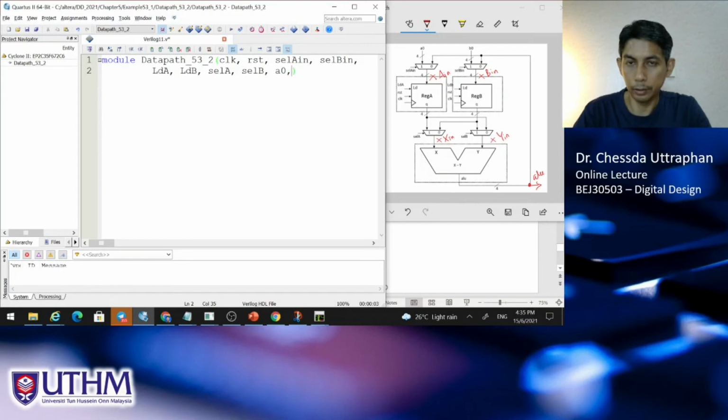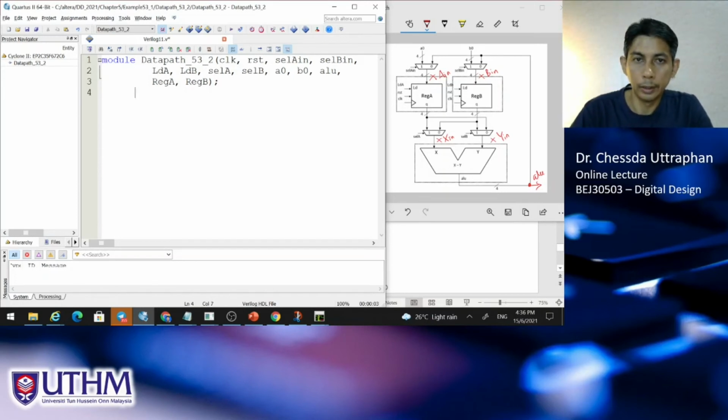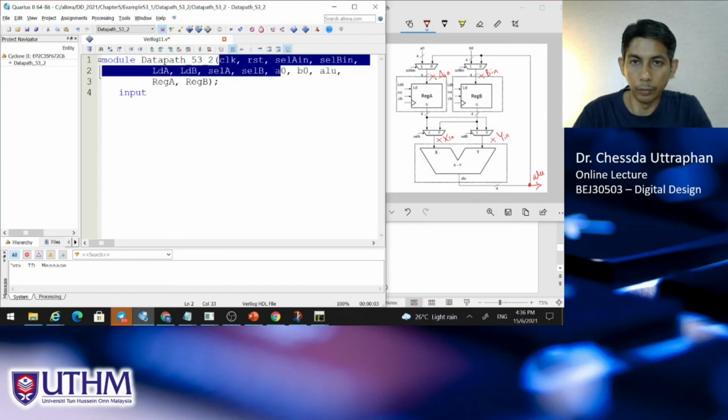We have A0 input, we have B0, another input here, and we have ALU. And let's say we have rack A and rack B also for simulation. Remember, do this rack A, done, for all the ports. Okay, and the input will be all of this,